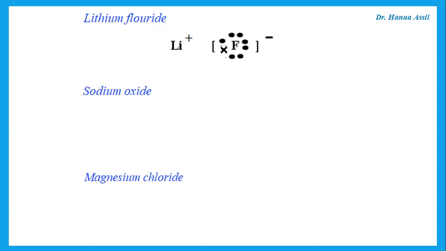Now fluorine has 7 in its outer shell. It needs 1 more. So it's going to take the 1 from the lithium, and that means now it has an extra electron, so it has a minus or a negative charge on it. What about sodium oxide? Now, sodium has 1 electron out of a shell. It's in group 1. It has 1 electron out of a shell. It's going to lose it and become Na+.